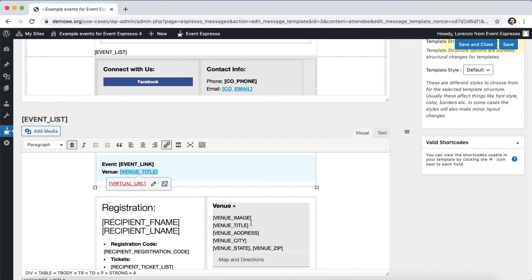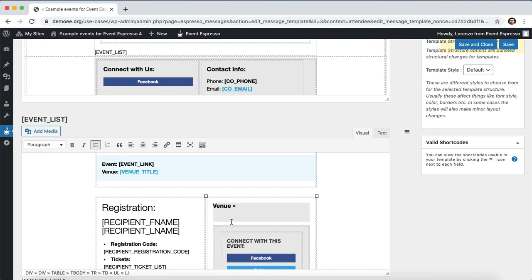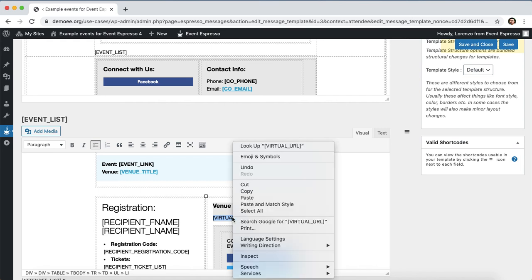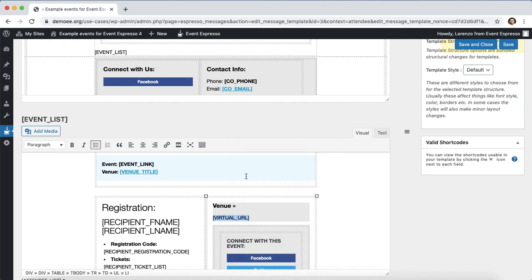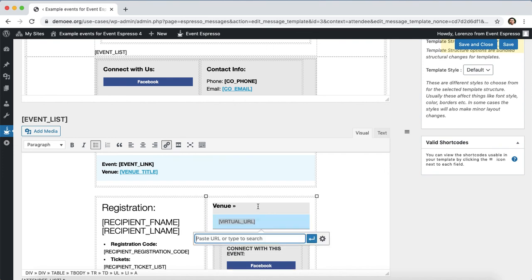And then I want to make some changes right here in this section. So we'll highlight this and then tap delete on our keyboard. And now we're going to type in the shortcode that we want to use, which is virtual_URL. So this is the shortcode that you should add here, and I'm going to copy it, and then I'm going to click on the link icon here and then paste that in, and then click on the button